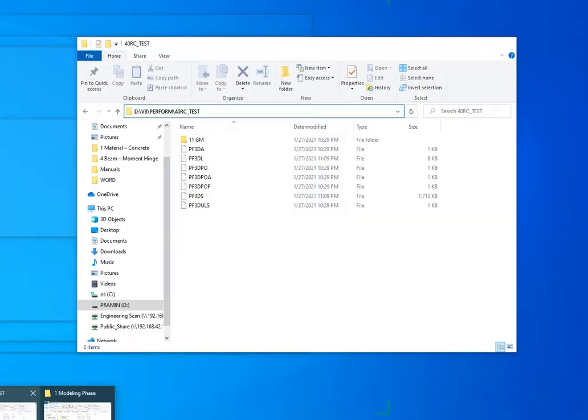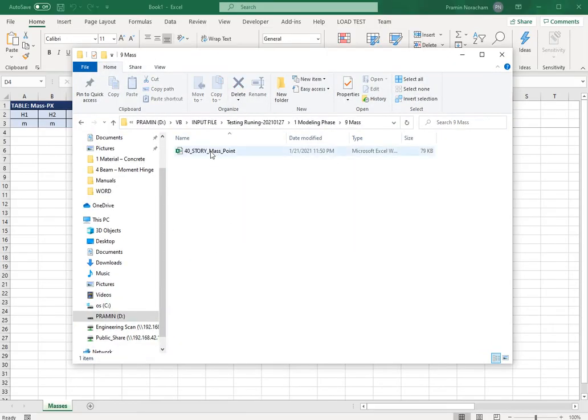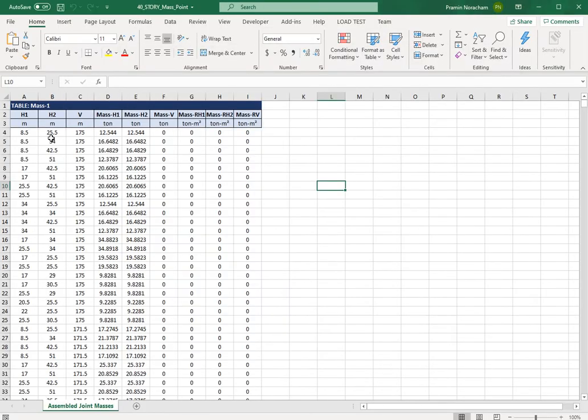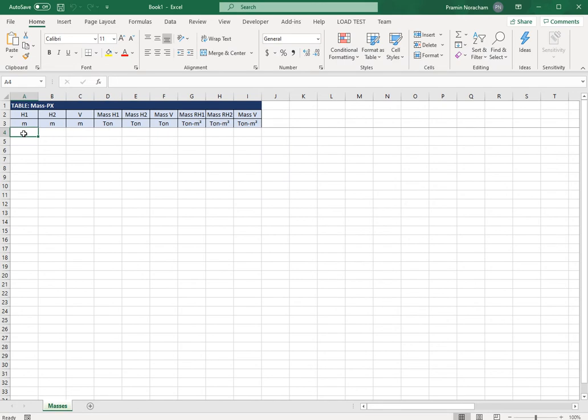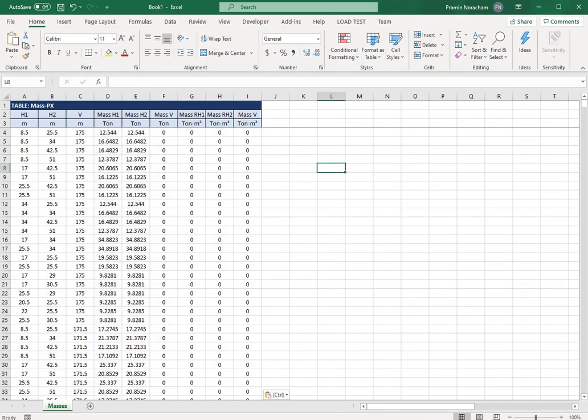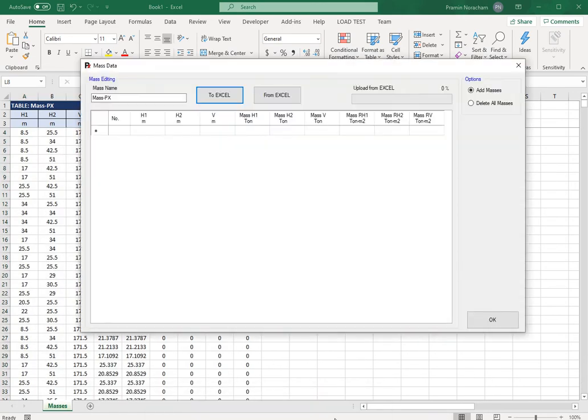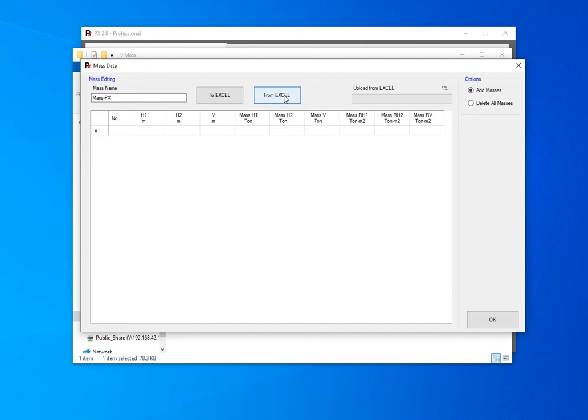For example, if I know this point mass, then read the information from the Excel. The program will upload the information from Excel. It might take a bit of time, depending on the number of nodes that you have.